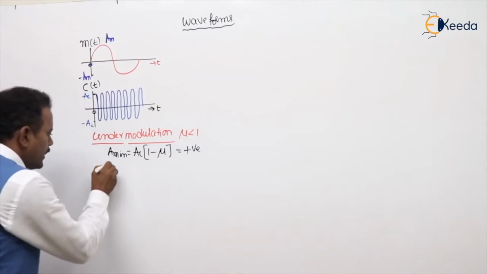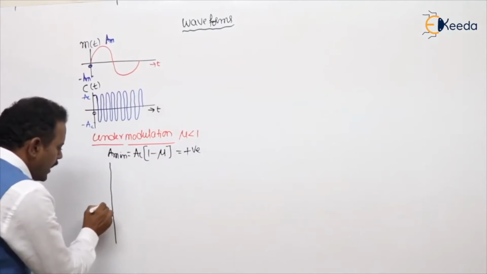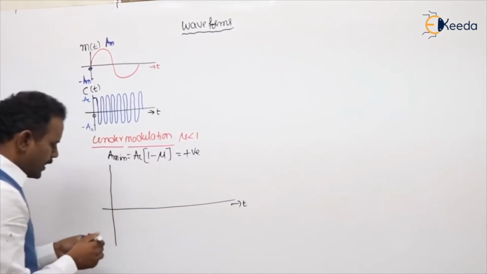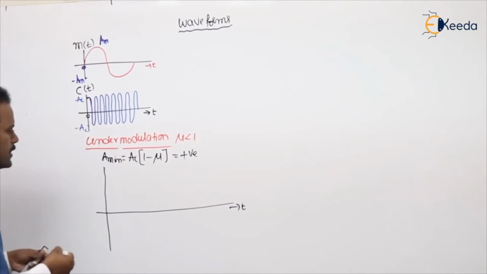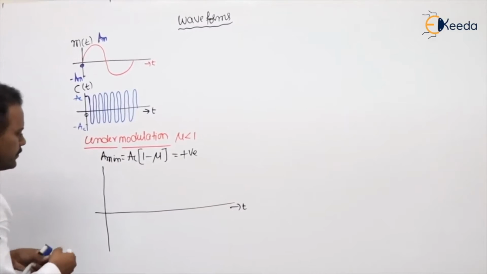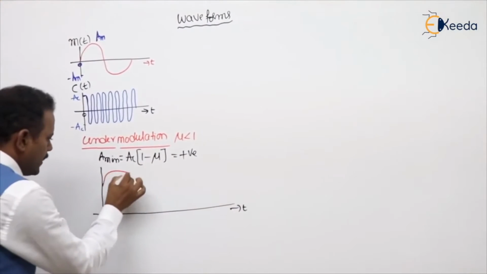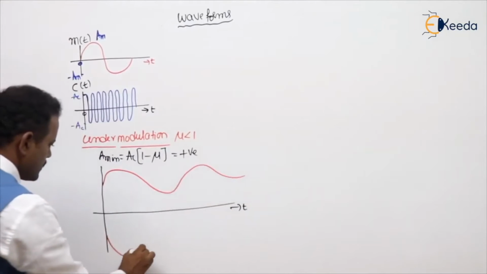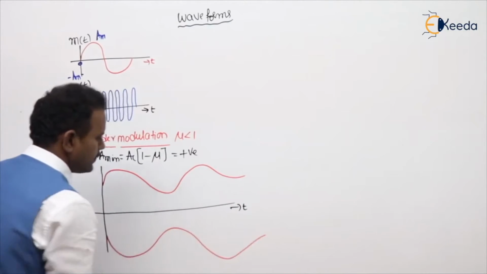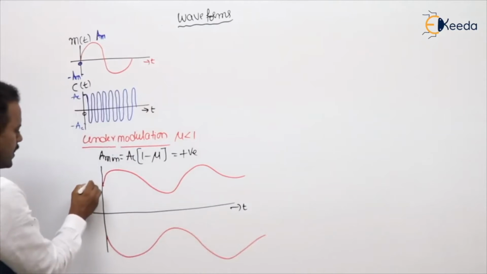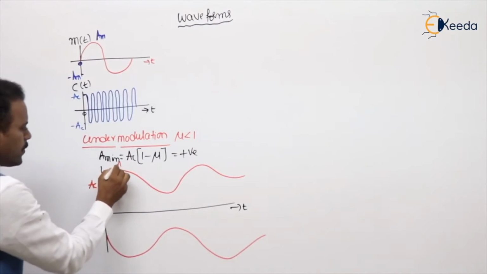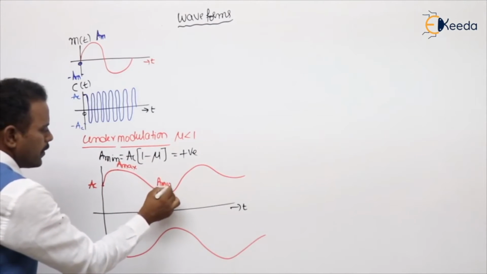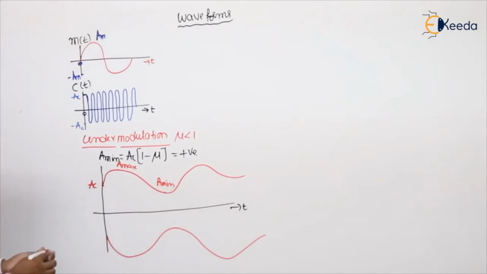Now I am drawing the AM signal waveform in the under modulation case. A minimum is positive, meaning is, you will understand, see. This is the AM signal you will get in the under modulation case. This is starting from AC, it goes up to A max and it comes up to A minimum. Are you getting my point?